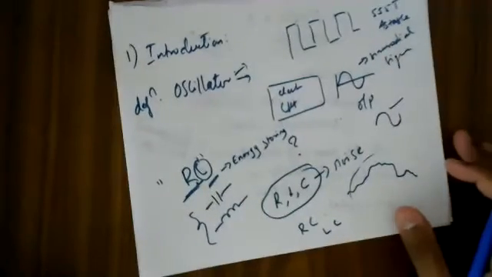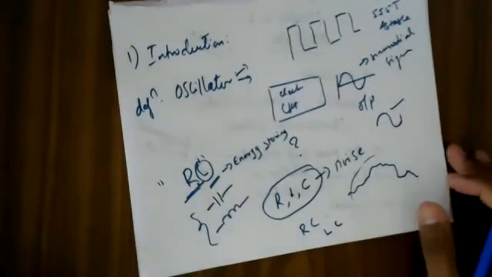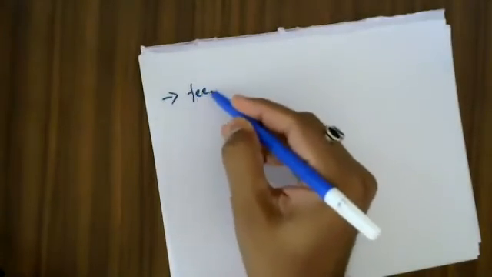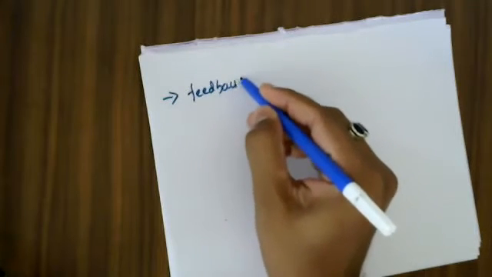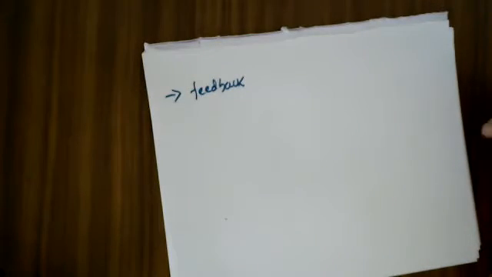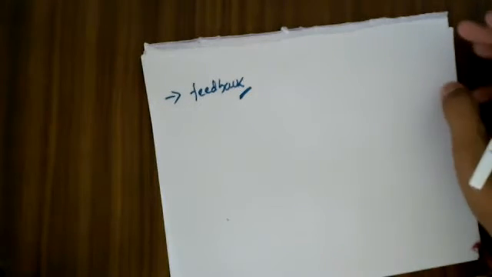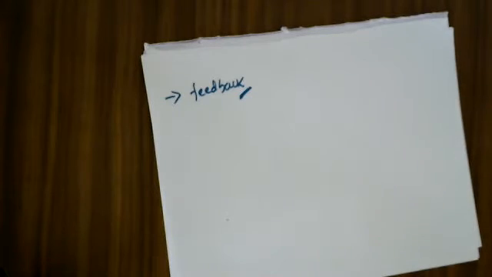Okay. So now, once you are able to understand what an oscillator is and how it is able to produce an output signal, what you need to understand is what kind of feedback you are going to employ in oscillator circuits. Now, as you have worked on amplifiers, what kind of feedback have you employed? Answer me in the chat.